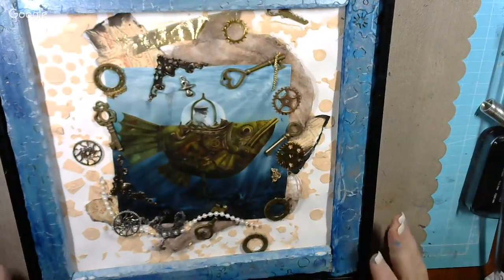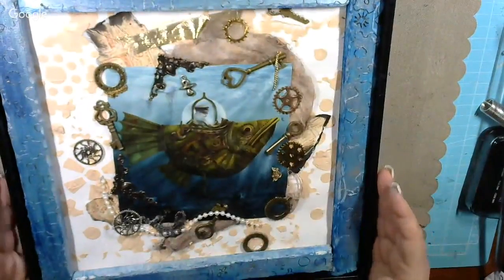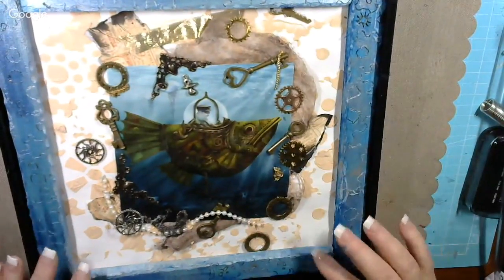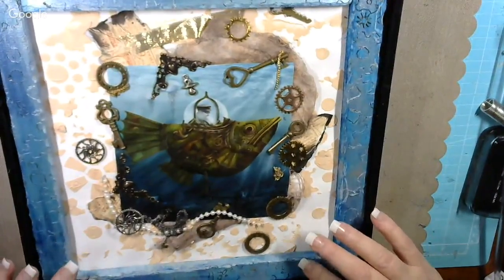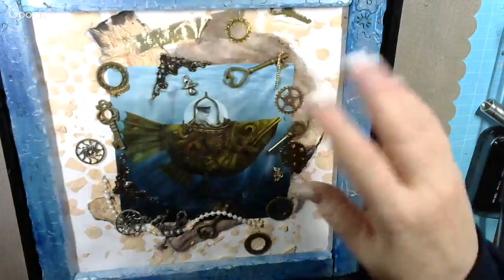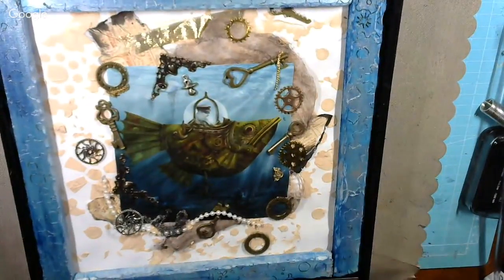Then we're going to put the frame up over the top of the glass and the frame itself. But I wanted this sitting here so that you could see exactly where these sides are going to fit into this frame. And I'm going to glue them down with E6000 so that they're going to stay put and they ain't going to go nowhere. Before I do that, though,